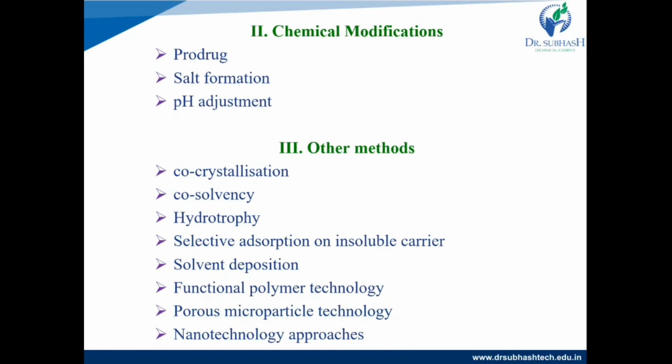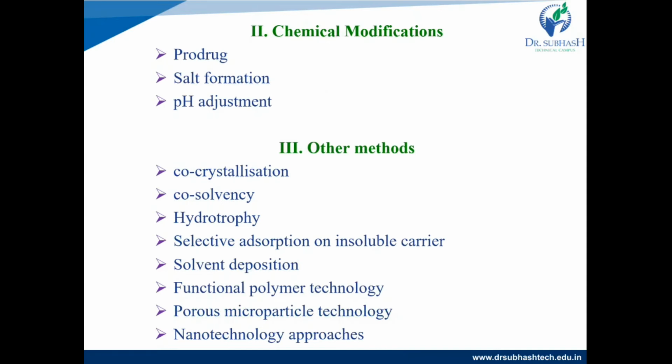Change in the pH. Okay, so pH-based solubility dependence is there. If we change the pH, it also alters the solubility of a drug. For organic solutes that are ionizable at the pH, if we change the pH, the ionization also changes. So changing the pH of the system can increase the aqueous solubility. In that case we can also use a buffer system. Addition of a buffer maintains the pH of the solution. So that also we can use for the improvement of solubility.